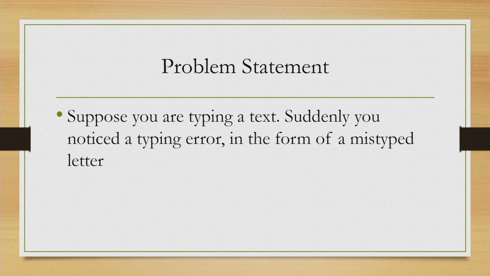So, this previous example was somewhat simple. Let us try to understand KLM with respect to another, a little bit more complicated example. Now, suppose that you want to rectify a typing error. So, you are typing a text using a word editing interface, and suddenly you notice that there is an error, a character level error, and you want to rectify that error. So, in order to do that, you need to do certain interaction tasks, and our objective is to model those tasks in the form of a KLM or keystroke level model.